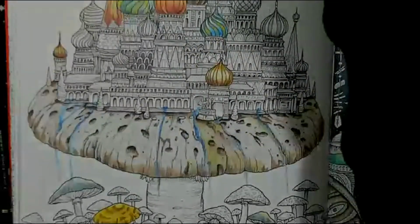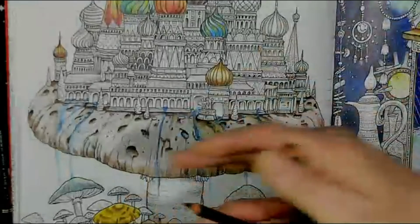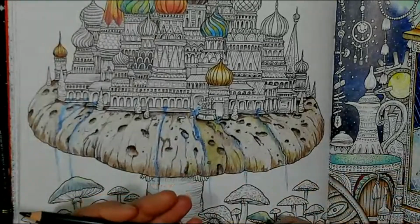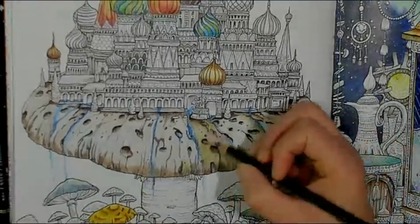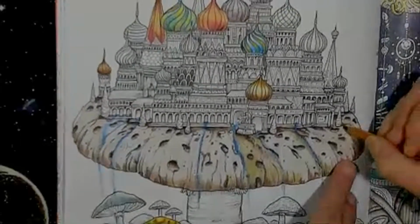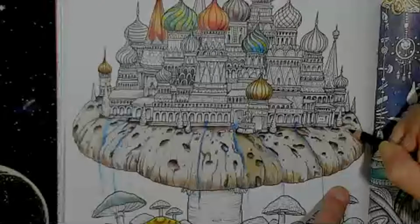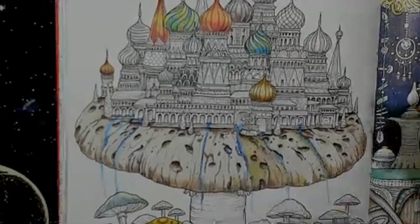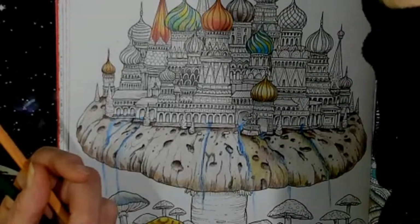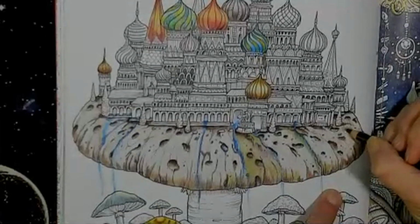Let me see what colours we've got here. What's that one? Jade green. I don't know what these greens are actually like for moss, but moss can be any colour you want as well. Jungle green, jade green. I'll try the jade green. For me, I'll come up here. You can put some brown in there. That's a bit of an emerald green, really, for moss. Sage green. I'll try the sage green. That one's pretty. That emerald green's really...